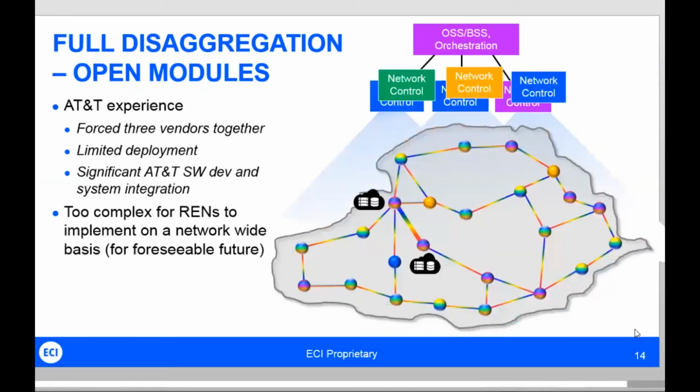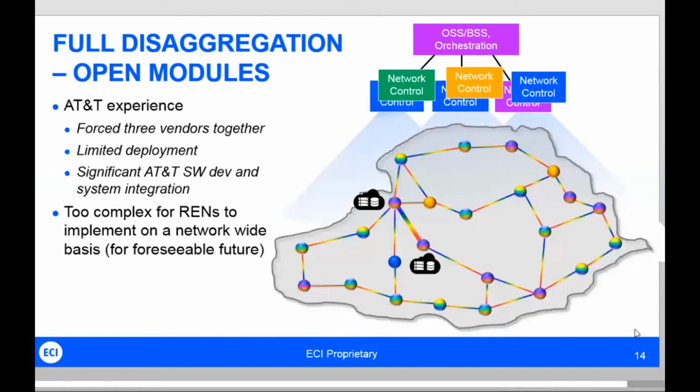So what's our experience with this in the industry? Here in the NREN diagram, if you take a look at the nodes, we don't have a blue node anymore, or a yellow node, or a green node. What you have is blended nodes where in each particular node, you could have different types of functions from different vendors all put together. And there is some sort of reference point for doing this in the real world. AT&T tried this in a very limited part of their network. They actually forced 3 vendors together. It was a very limited deployment. It was just a trial. It wasn't meant to be an extensive shift, but it was meant to see if it could work.